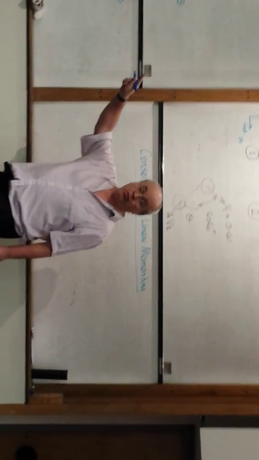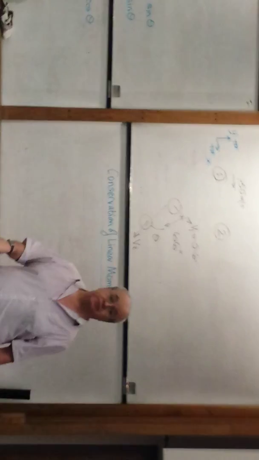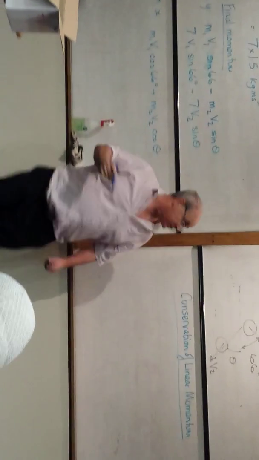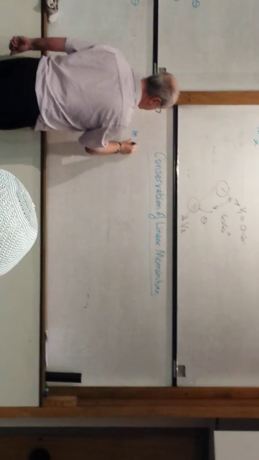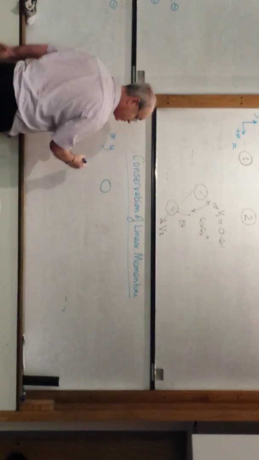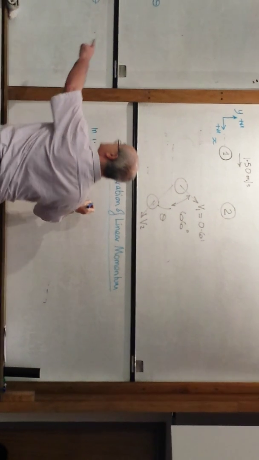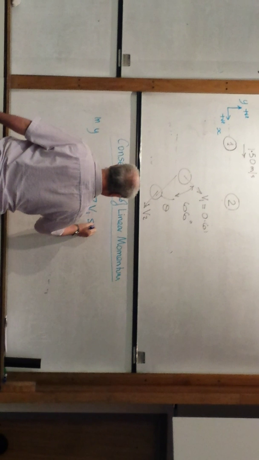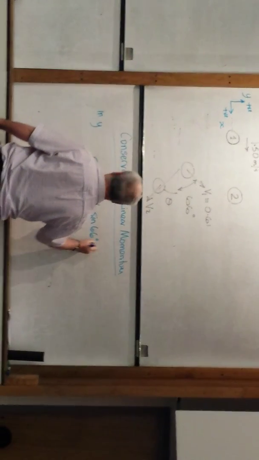It's conserved in y, it's conserved in x. The initial momentum in y was 0, the final momentum in y is that figure. So in y, initial equals 7 v1 sine 66 degrees minus